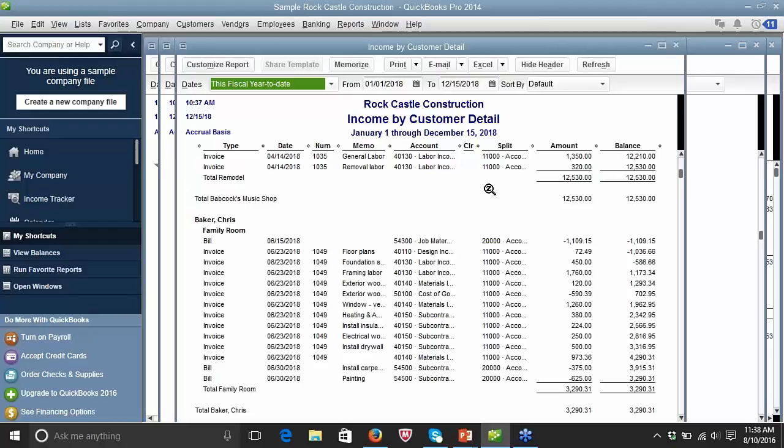These reports from QuickBooks, you can export into Excel and then manipulate the information further depending on how you want to use it. Some of the reports in QuickBooks you can actually reorder based on a particular column. This one is not letting me do that. But within QuickBooks you can play with it, and you definitely can pull this into an Excel spreadsheet and then manipulate the data the way that you find most appropriate for your uses.